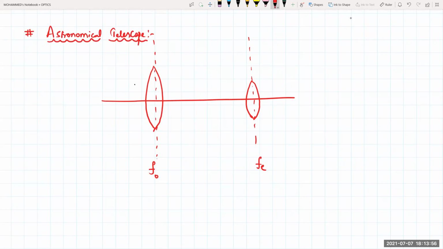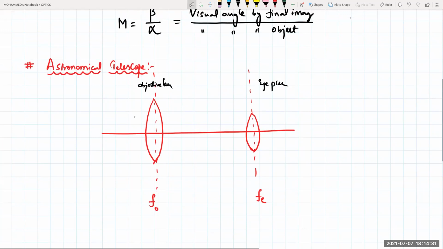If you want to see the intensity better, then we need a large number of incident rays to be incident on this one. So the objective lens is nothing but what, beta? A convex lens of larger focal length and larger aperture. It faces towards the object. So this one is your objective lens, and this one is your eyepiece. The eyepiece focal length is equal to what, beta? A smaller one. And it faces towards your eye. A large number of rays are being incident on the objective, beta, on the objective part.